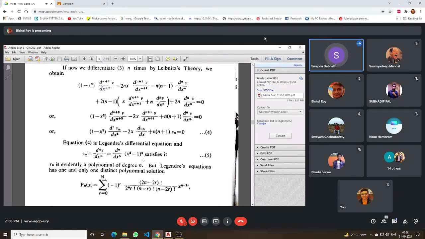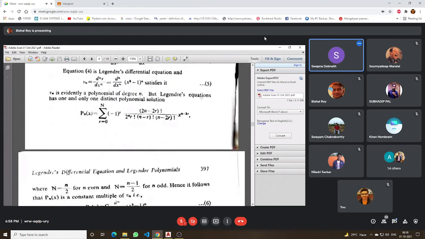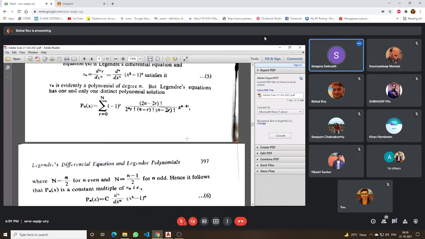Therefore, we see that Vn is evidently a polynomial of degree n. Now, Legendre equation has one and only one distinct polynomial solution. We know that polynomial form is Pn(x). Therefore, equating these two, we get